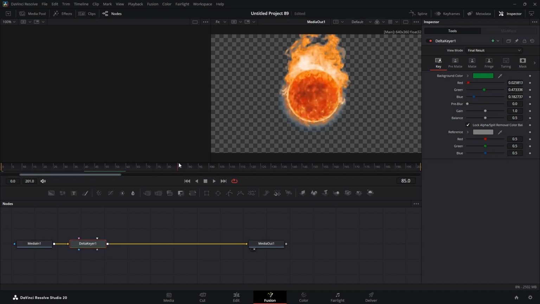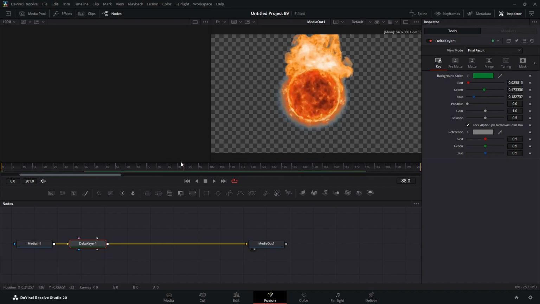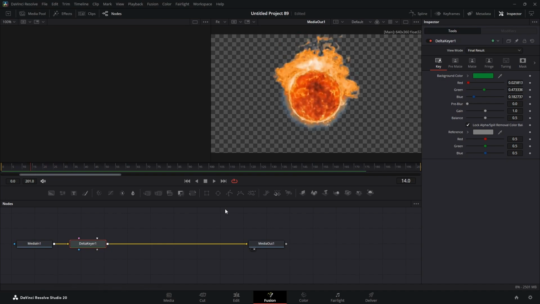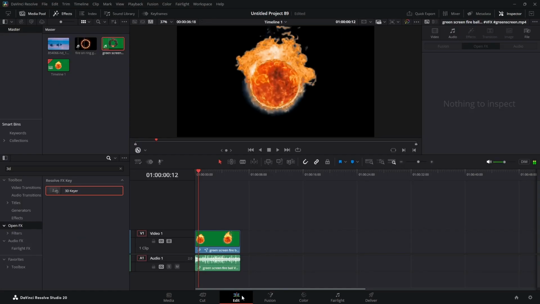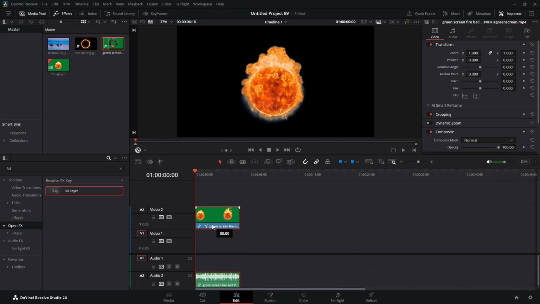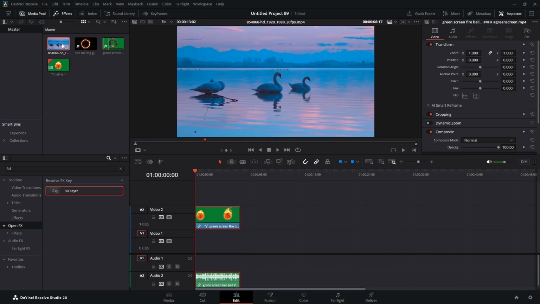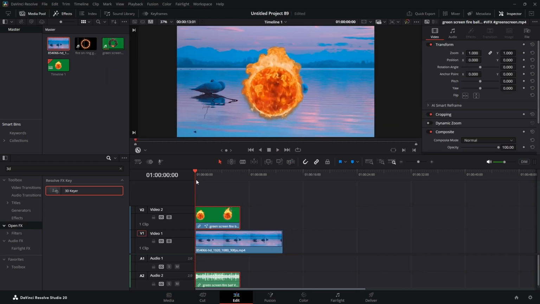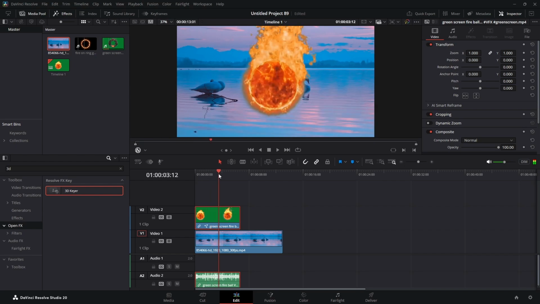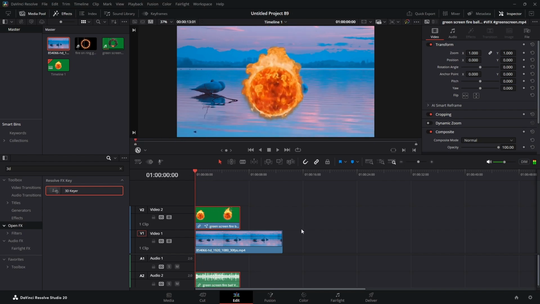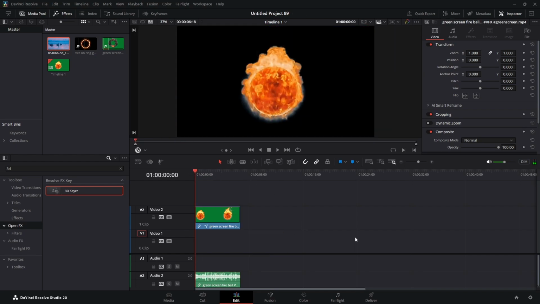And you can see that it does a much better job. We can use this just like it is. There's no green. The delta keyer does a much better job in the Fusion page than the 3D keyer does in this page. Now just to show you, I'll drag in this video and you can see the green screen is gone. Now what we're going to do is we're going to actually export this